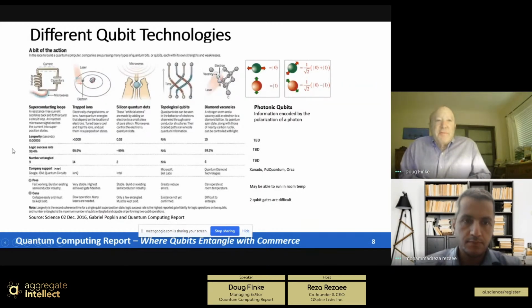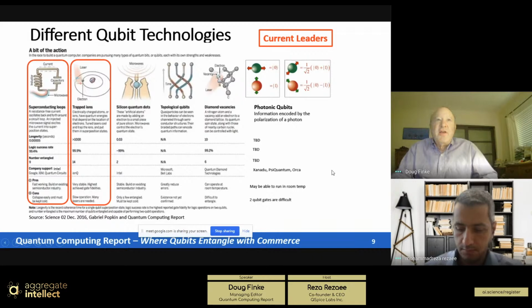Now, one of the interesting things about quantum computing is that there are several different technologies, ways you can implement it, from superconducting, trapped ions, quantum dots, topological qubits, photonics, and those types of things. And different companies are pursuing different approaches. So it's like the early days of semiconductors, in my opinion, where there were many different semiconductor technologies, and ultimately one became dominant, but it took about 50 years for silicon